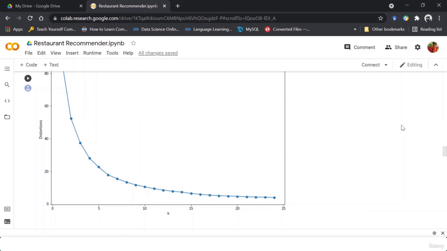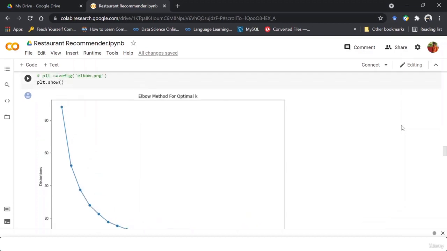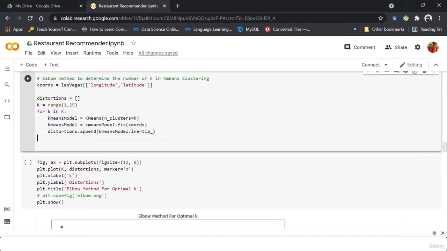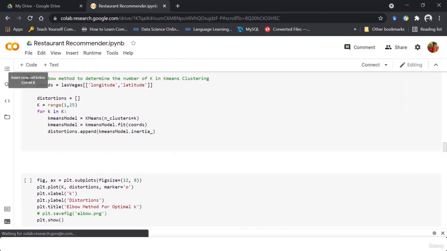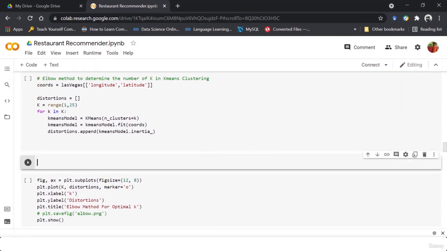Now, this is a little bit confusing, but what I want to say is basically, say there are 3 clusters only to be found.